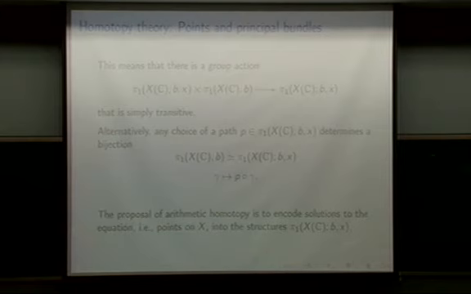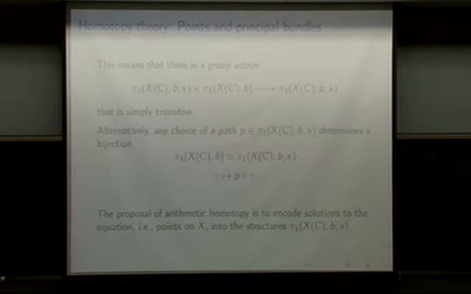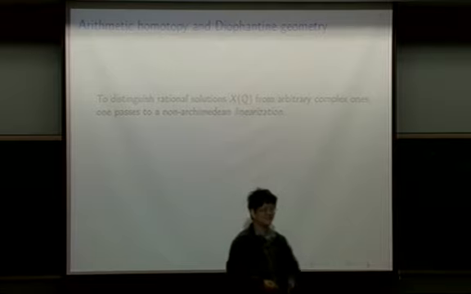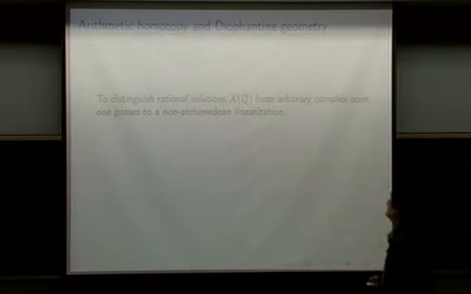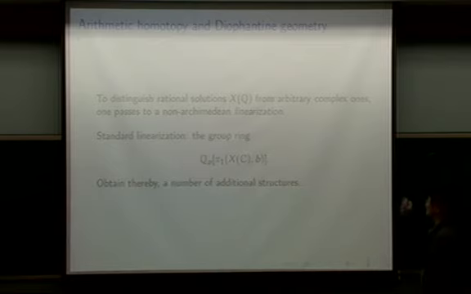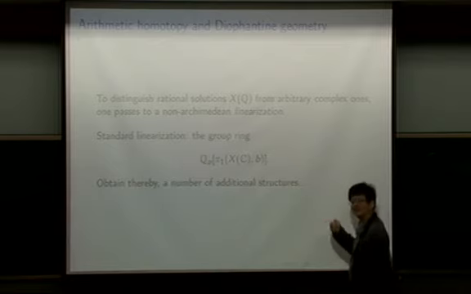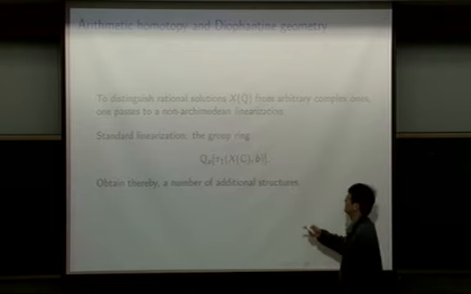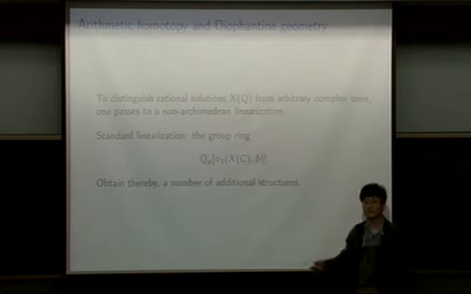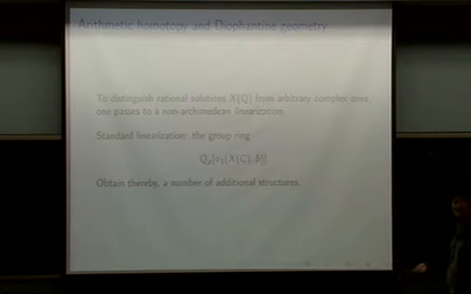So this is all I said. I've said all of this already. Now, of course, we have to distinguish the rational points from arbitrary complex points. And here, the p-adic numbers start to play a very important role again. I'm not going to go into this very much for lack of time, but what you have to do is take the group and linearize it p-adically in various ways. One thing is to take the group algebra, which you can do with any discrete group, and you get a Q_p algebra instead of the group that you started out with.